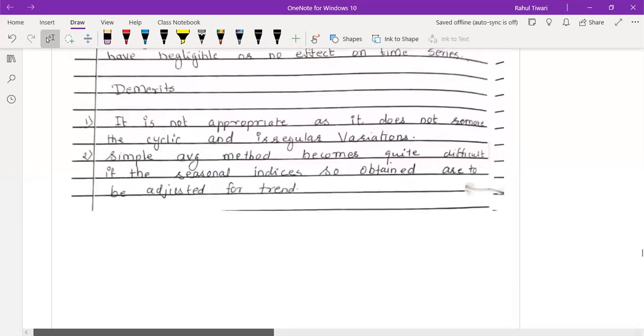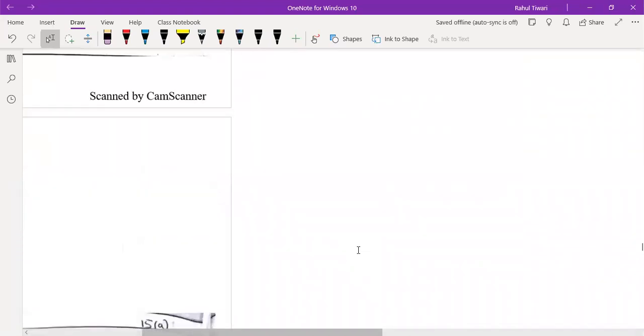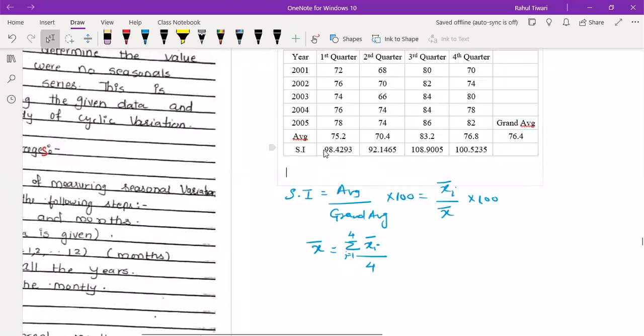अभी ध्यान से देखो यहाँ पे, अगर इसको मैं ऐड करूंगा, if I add these last 4 quantities, can I get exactly 400, or very near to that value? If it is coming same, then it is good. Otherwise, there is seasonal variation. We have to adjust that seasonal variation. I will tell you how to adjust. So just let me know whether the total is coming like 400 or not.